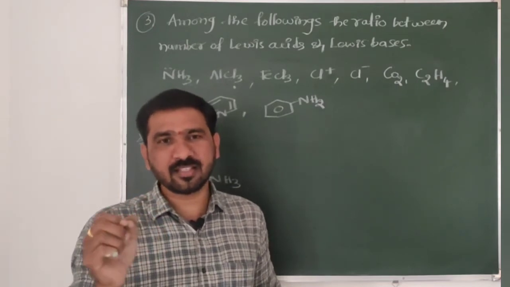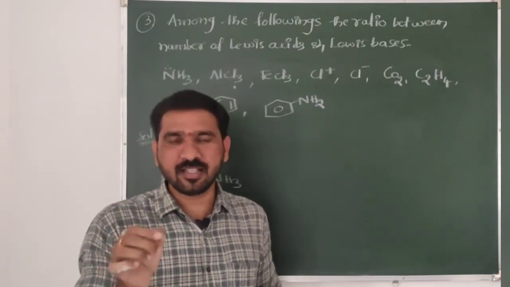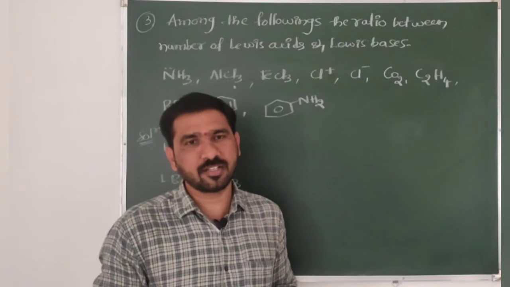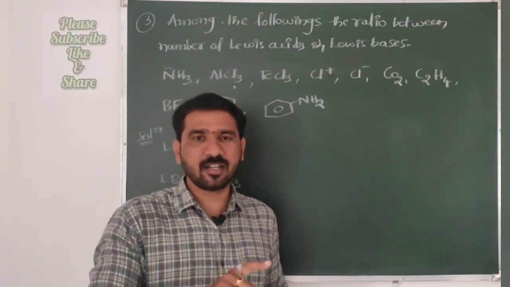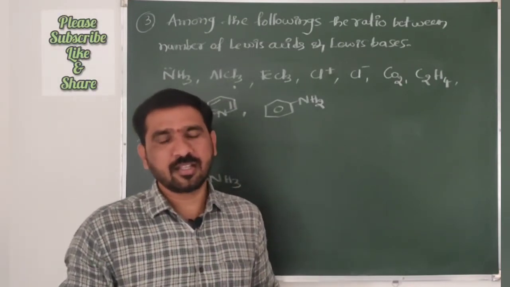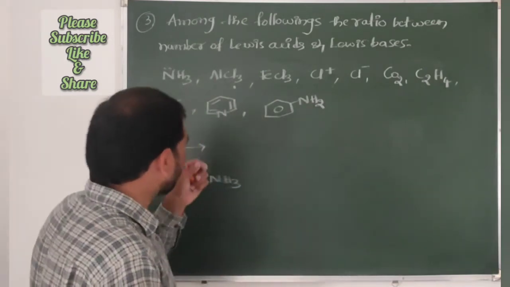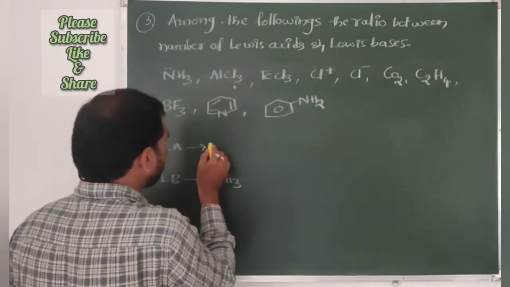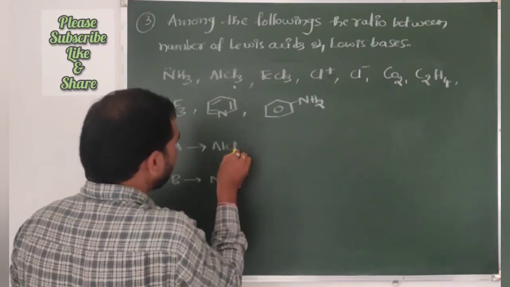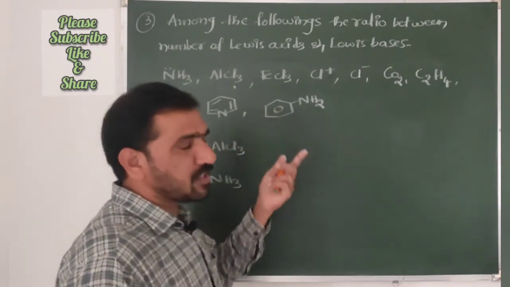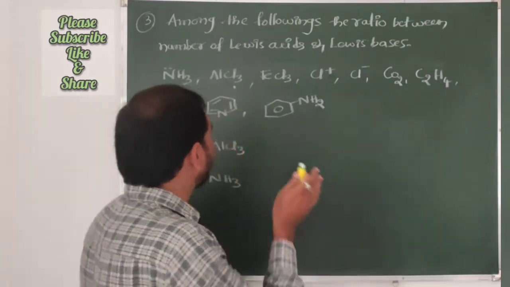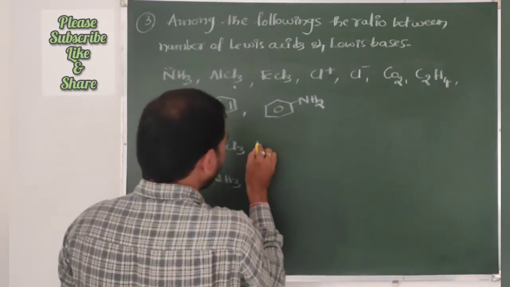So in AlCl3, Al is in sextet electronic configuration. To attain the octet configuration, it requires 1 pair of electrons to be accepted. So that is the electron pair acceptor, that is a Lewis acid, AlCl3. FeCl3 is also the same as AlCl3,